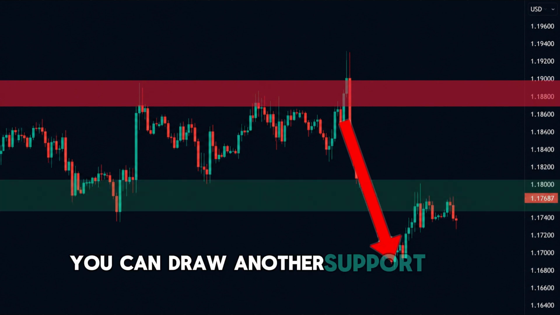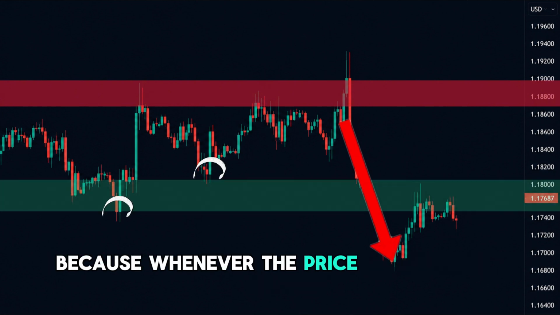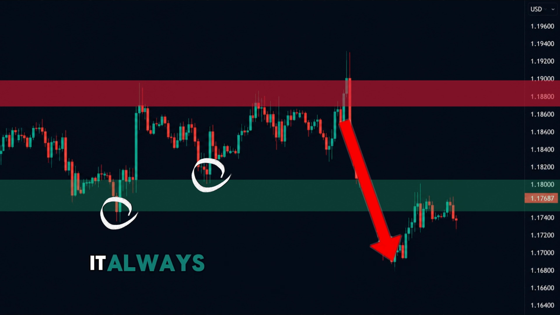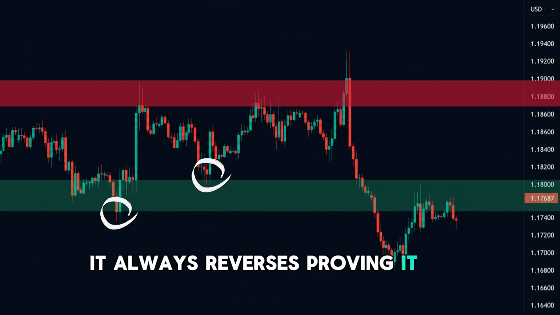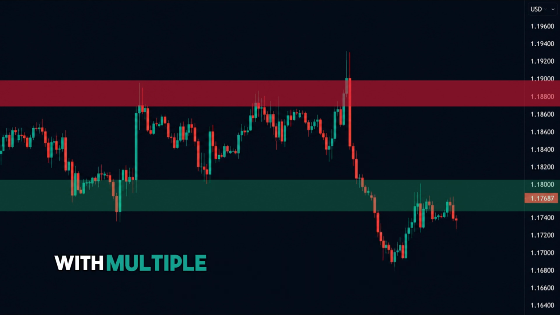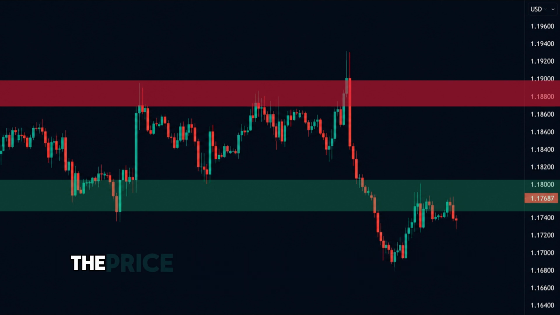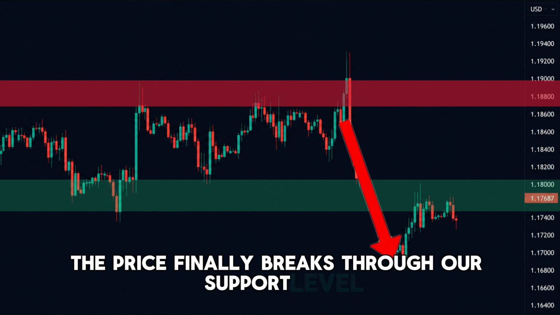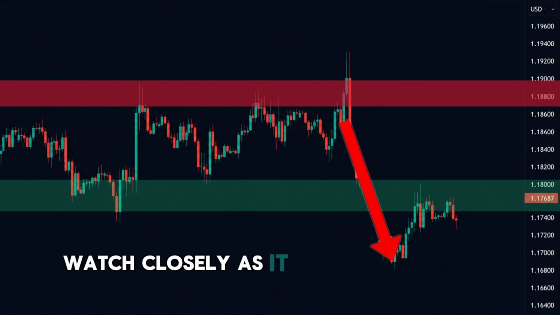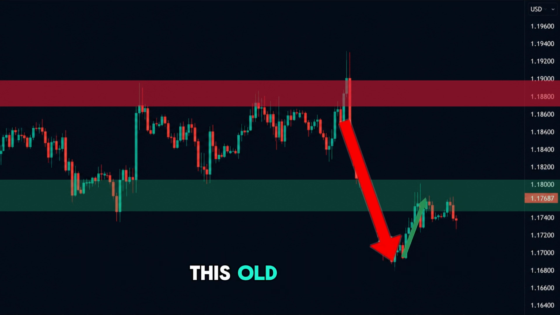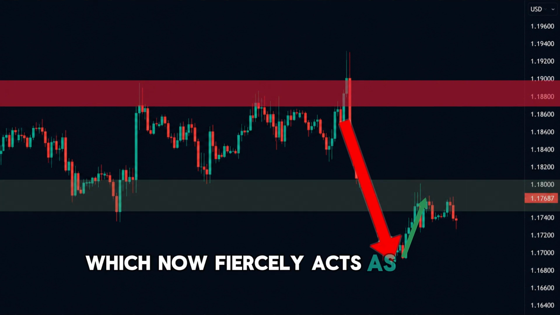You can draw another support level here because whenever the price drops down to this area, it always reverses, proving it is a strong support level with multiple rejections. Then comes the moment of truth. The price finally breaks through our support level. Watch closely as it climbs back up to retest this old support, which now fiercely acts as a new resistance